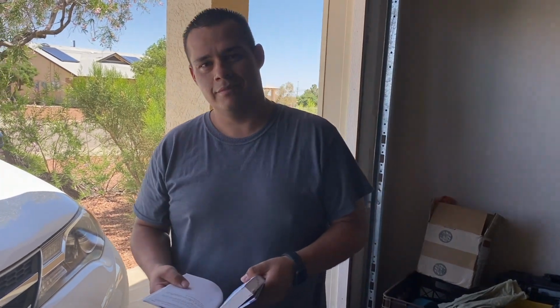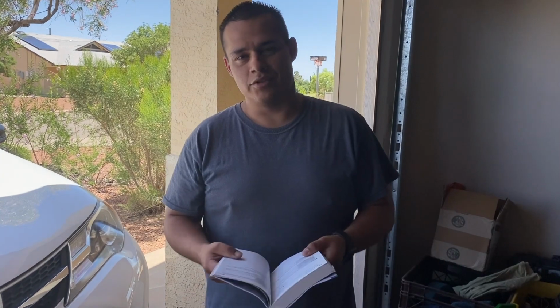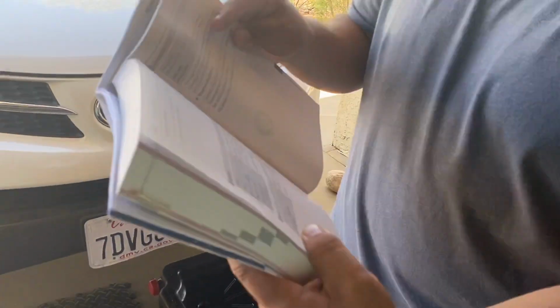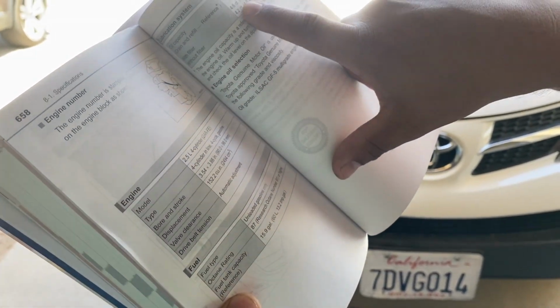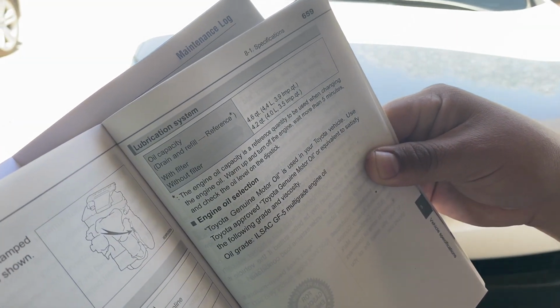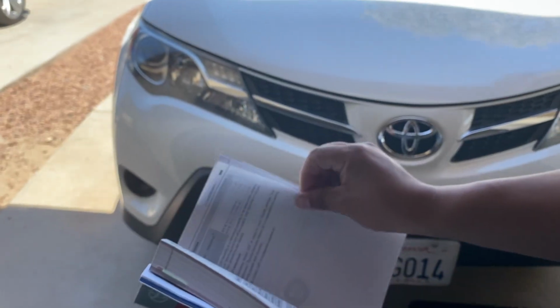And what do you mean by vehicle's information? Just the make and model? Year, make and model, and then engine size. So going in through the reference, we find that it's a 2.5 liter, and it takes 4.6 quarts of oil. And that says with filter, right? Yes. And then we also see...